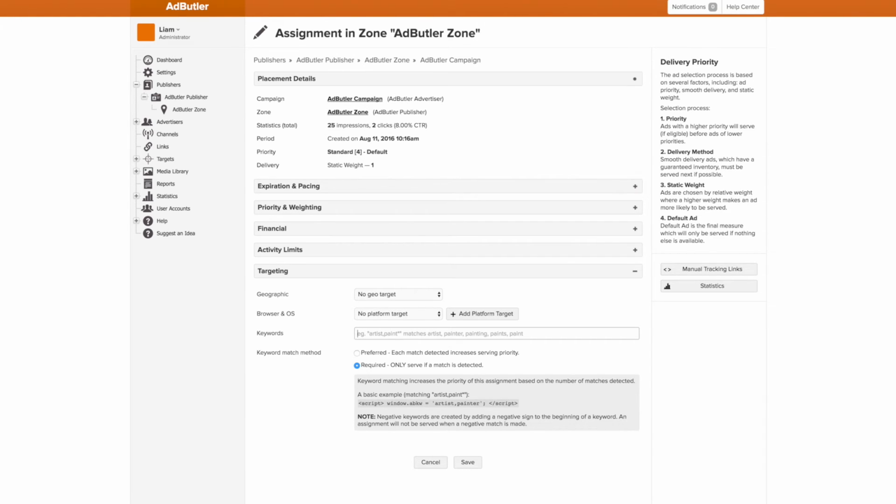We can also have AdButler look for multiple keywords just by separating them with a comma. AdButler will then look at all the keywords to see if any of them match. This also lets us use multiple macros at once. So if we wanted our restaurant category to only show during a certain time frame, we would use in-URL targeting for the restaurant category and date and time targeting to set the time range. On the other side of that, we can also set multiple keywords for a page by separating them with a comma, as in the example.